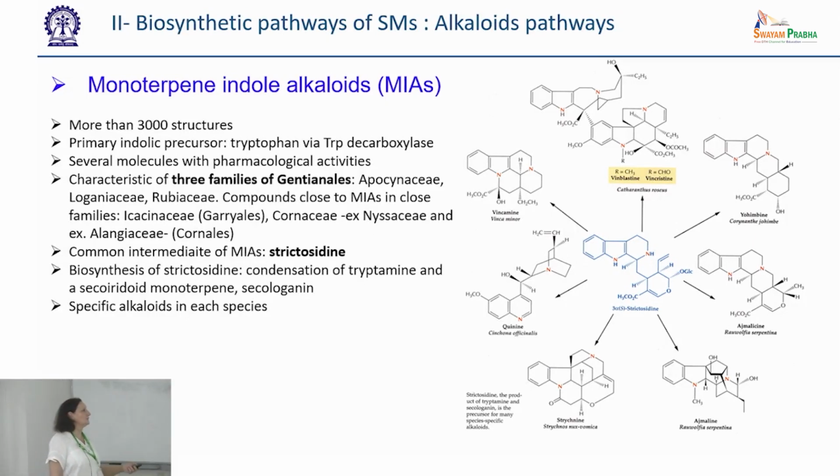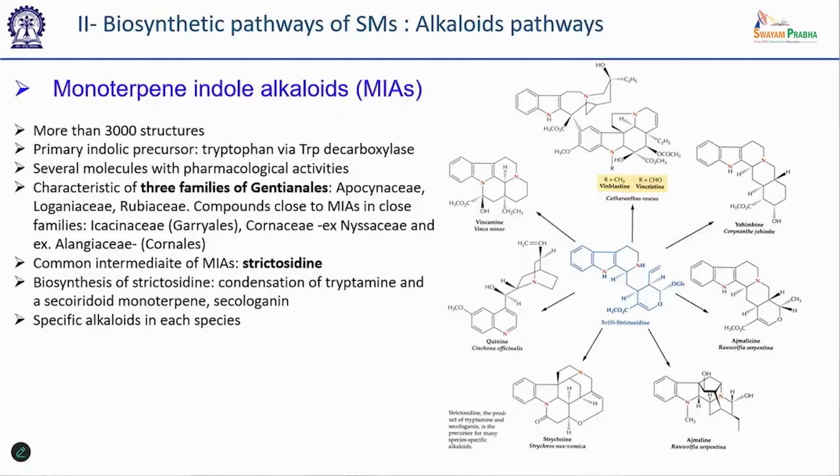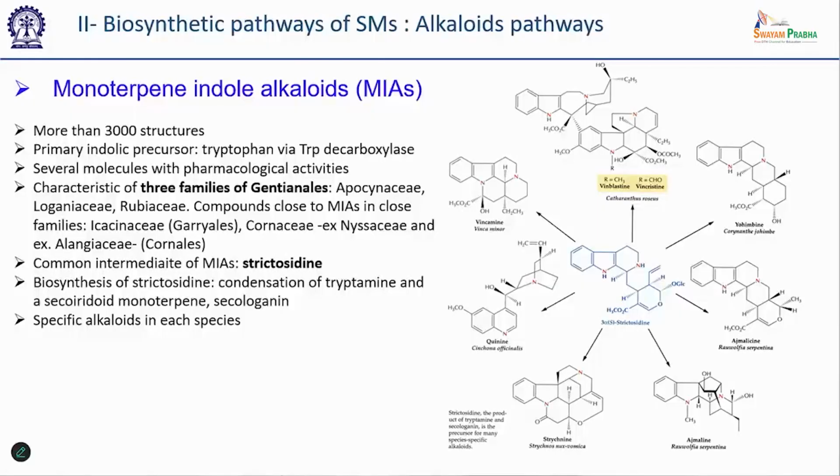But you see that strictosidine leads to several other molecules, also in Catharanthus, but evidently in other plants. And these other products, even if they have been identified because they have some activity, we don't know the particular branch that leads from strictosidine to, for example, vincamine, that is also produced in Catharanthus roseus. Not the same genotype, but they are also produced by these plants. Yohimbine also, and so on, ajmalicine, and so on.